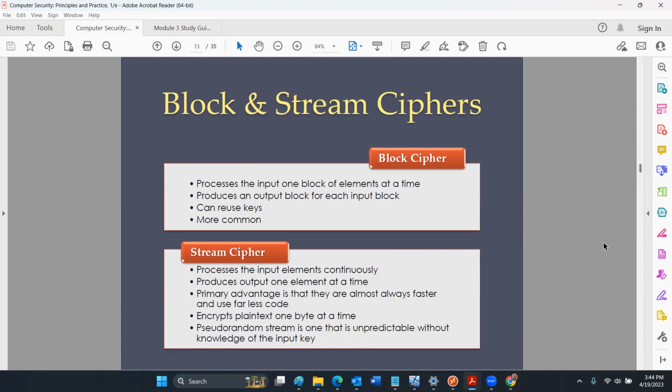And so it encrypts and decrypts simultaneously. There are challenges with key management, because the reuse of keys is not as simple, right? So that's one difference between the two types of symmetric